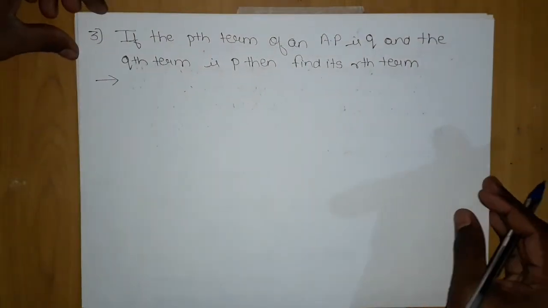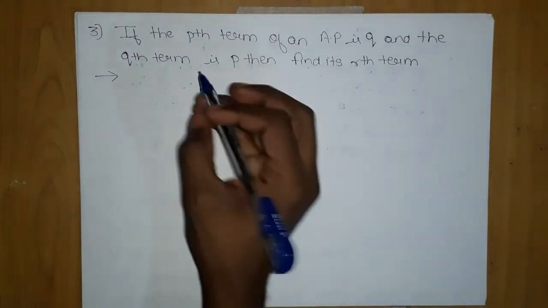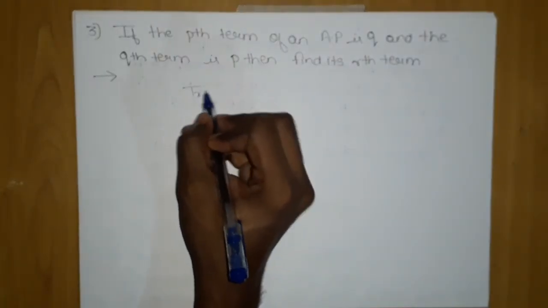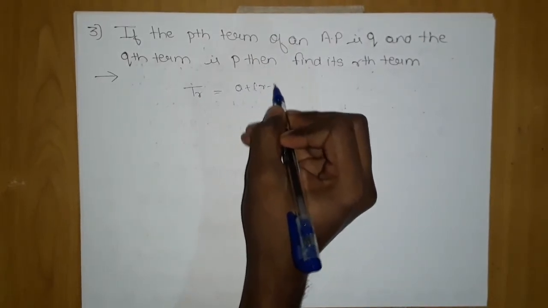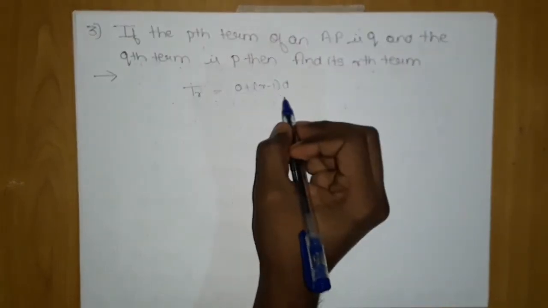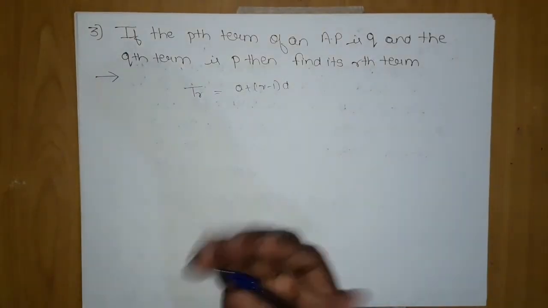This question says if the pth term of an AP is Q and the qth term is P, then find the rth term. Now TR is nothing but A plus R minus 1 into D. If I get A and D, I will get TR. So what they have told,